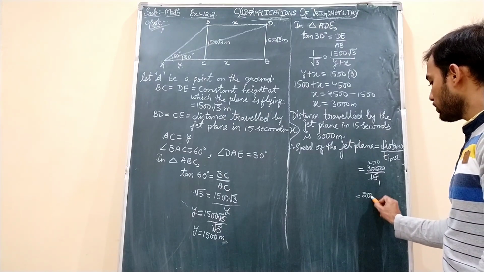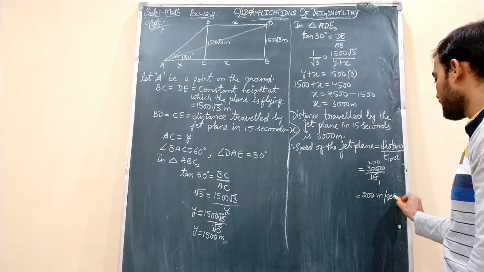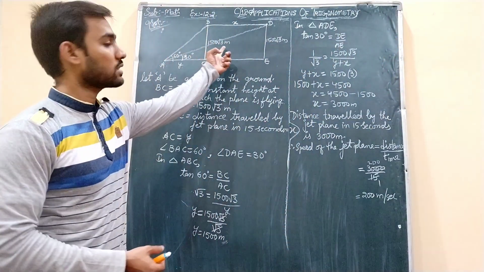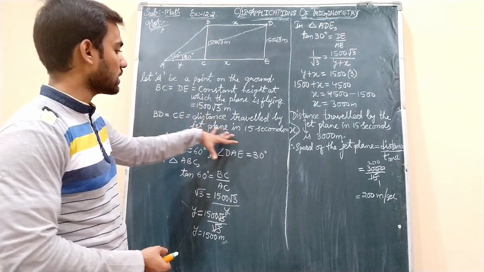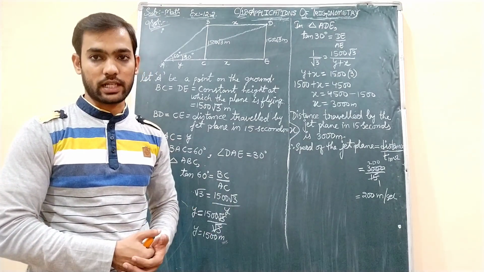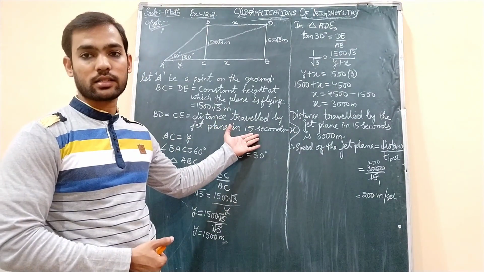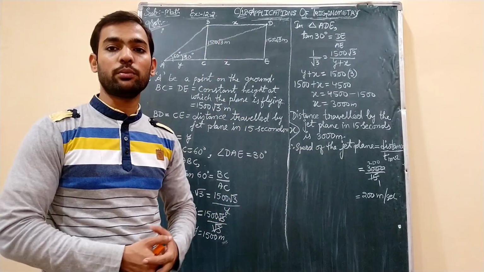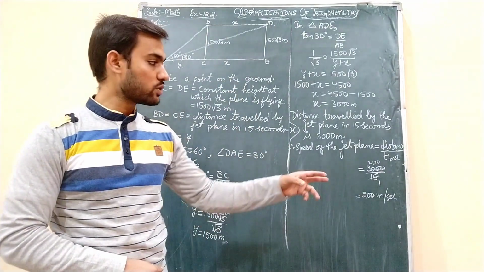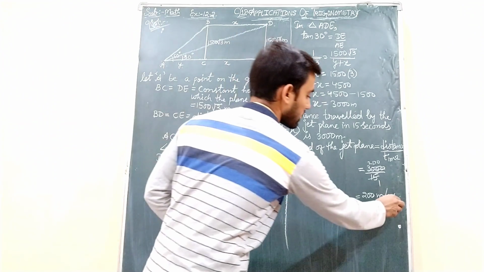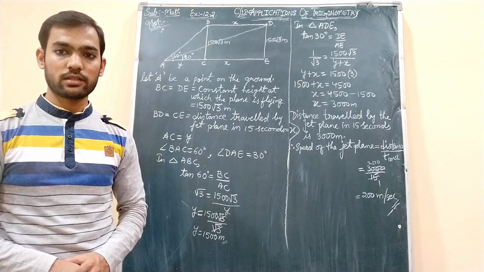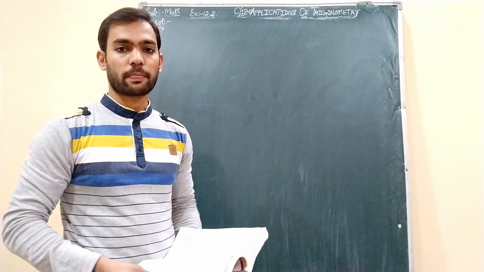So I will get it as 200 meters per second, students, because the units we will take as per the given criteria. The distance is mentioned in meters, and it has travelled for seconds. So whatever speed you get, you need to write in meters per second. Suppose if you have 15 hours and kilometers, then you need to write kilometer per hour. But here it has meters and seconds, so the speed of the jet plane is 200 meters per second, students. This is your answer. Okay, so note down this one, then we will do the last question and wind up this chapter.